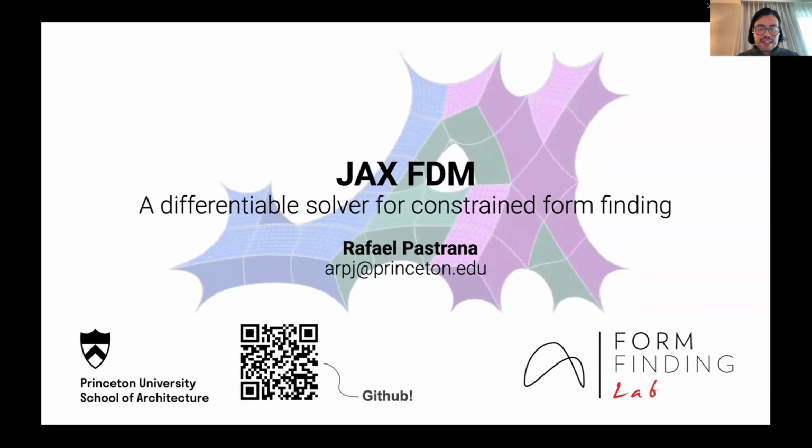So we like to think of the FDM and of form finding methods in general as a function represented here by the blue box in the middle. Think of a little Grasshopper component. And so this function takes two inputs and outputs one thing. The first input is a mesh or a network, or more generally a graph, G, on the left-hand side of the blue box. And the second type of input is a set of continuous parameters, theta,